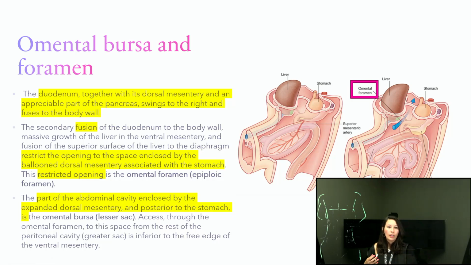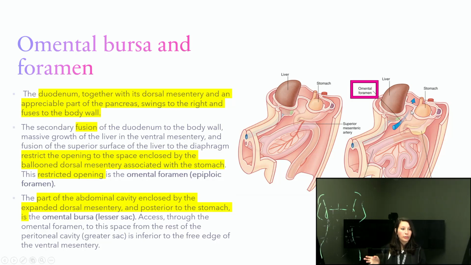should be. So in the secondary fusion of the duodenum to the body wall, there's going to be a growth of the liver, and there's going to be other structures growing in there and rotating. And the fusion of the superior surface of the liver to the diaphragm is going to be restricting the opening of the space enclosed by the dorsal mesentery in association with the stomach. And so that opening is the omental foramen or epiploic foramen, which you can see right here in